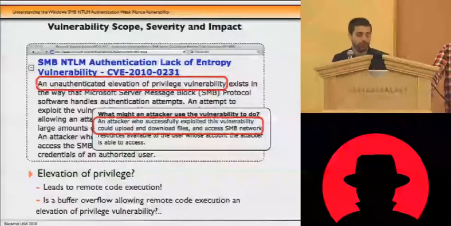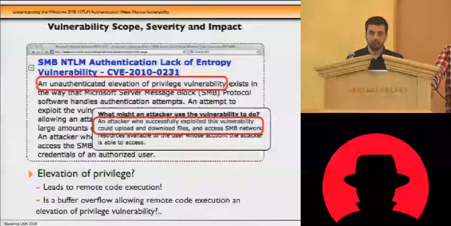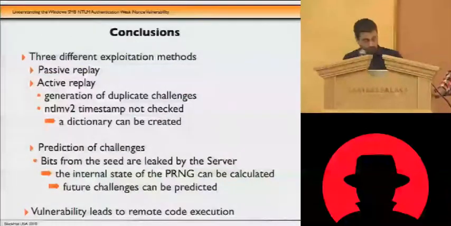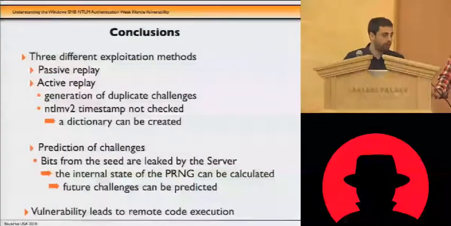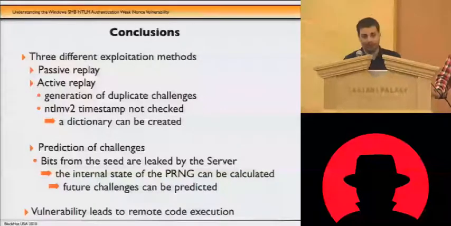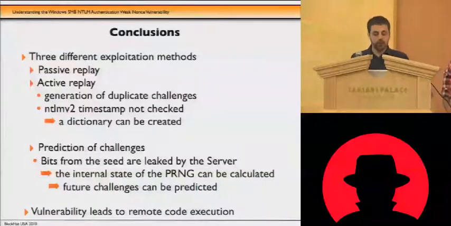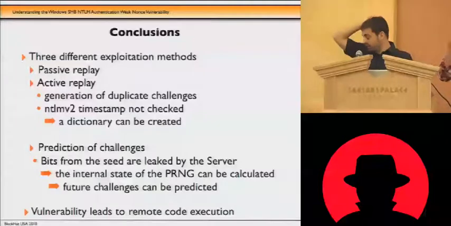So, okay. So basically, how much time do we have? A minute? Okay, that's fine. So basically, in summary,